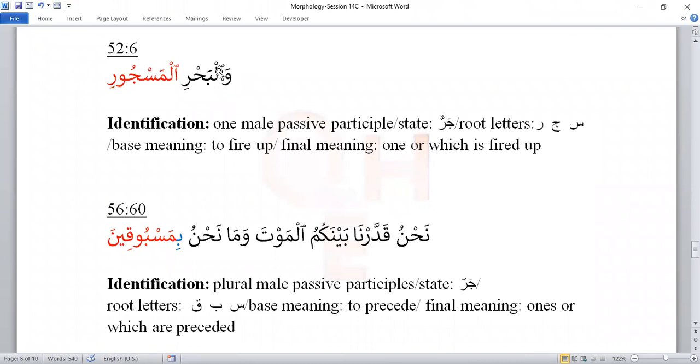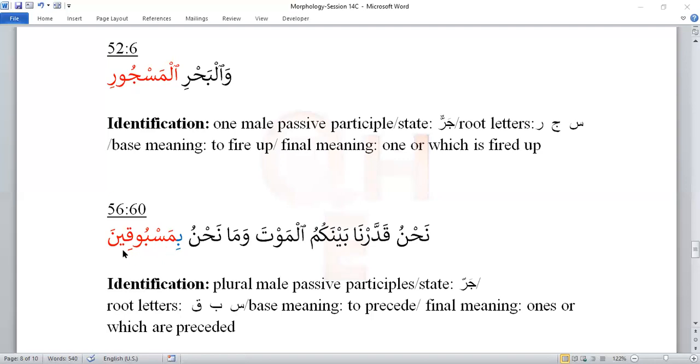Okay, so over here we have al-masjur. Okay, so al-masjur, like al-maf'ul. The details are, this is one male passive participle, state jar, because we see kasra. Root letters sin, jim, ra. Base meaning to fire up. Final meaning one or which is fired up. Next one,